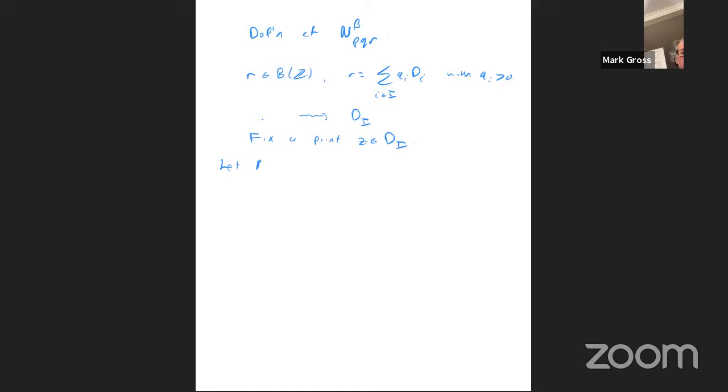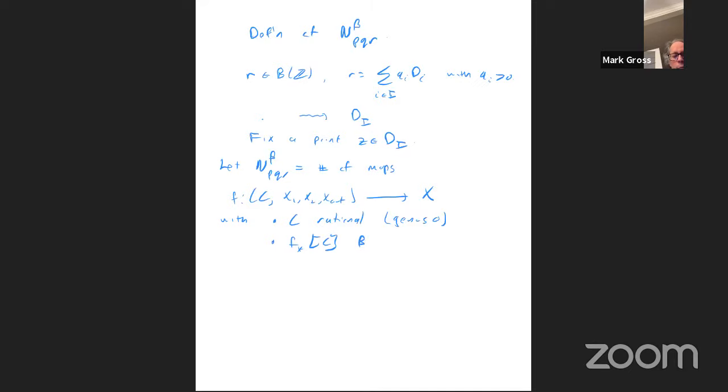So now let's let N_beta,PQR be the number of maps C with marked points x1, x2, x out to X, with C, first of all, rational, so genus 0, with this map being f, the pushforward of the fundamental class of the curve C is beta. So in other words, this curve represents the class beta. So next we have some tangency conditions. So we have the tangency condition at x1